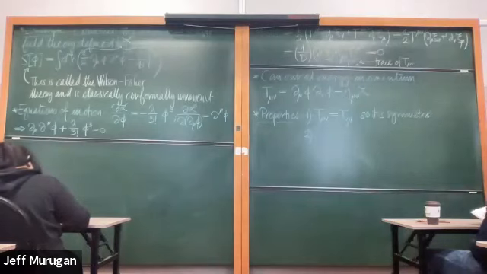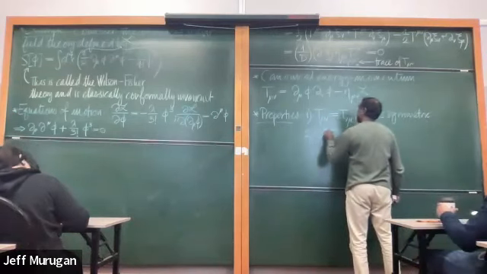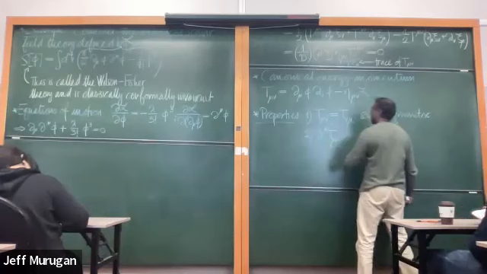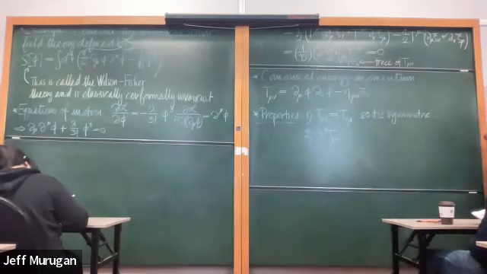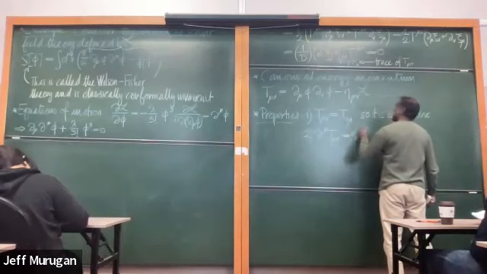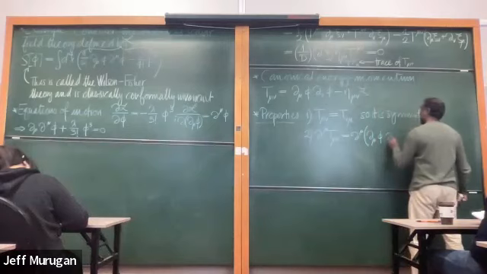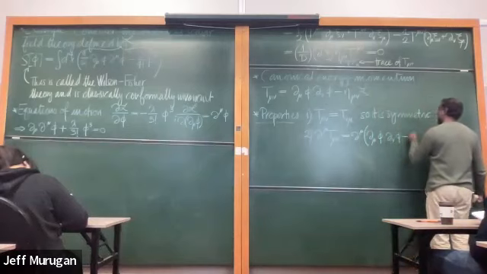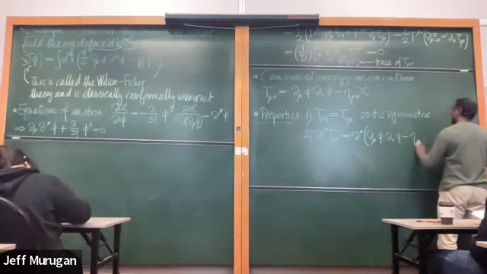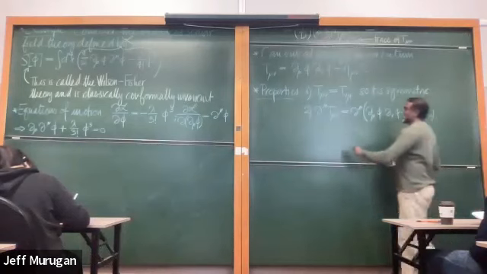Second point we should check is that it's a preserved energy momentum tensor. It means if I differentiate this guy with respect to x mu, then I get 0. So let's check that. This is d mu of d mu phi d nu phi minus eta mu nu, and the Lagrangian density is